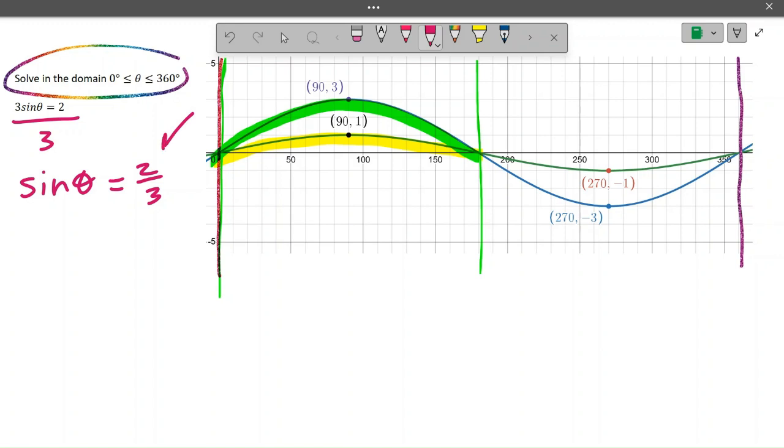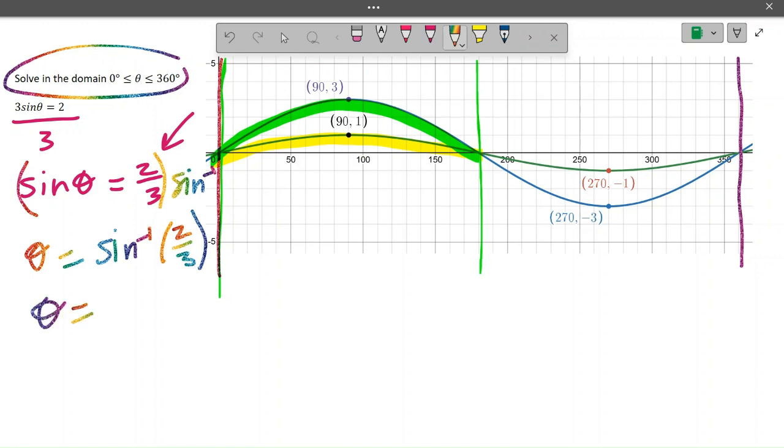And I'm looking to see that this value is between 1 and -1, which it is, so we are set to move on. My next step is I'm going to take the arc sine of both sides. So real careful here, I'm not multiplying, I'm taking the arc sine. Remember, the arc sine of the sine of theta is just theta. And then I'm going to take the arc sine of 2/3, and I'm going to pop that number in my calculator. And when I do that, I get